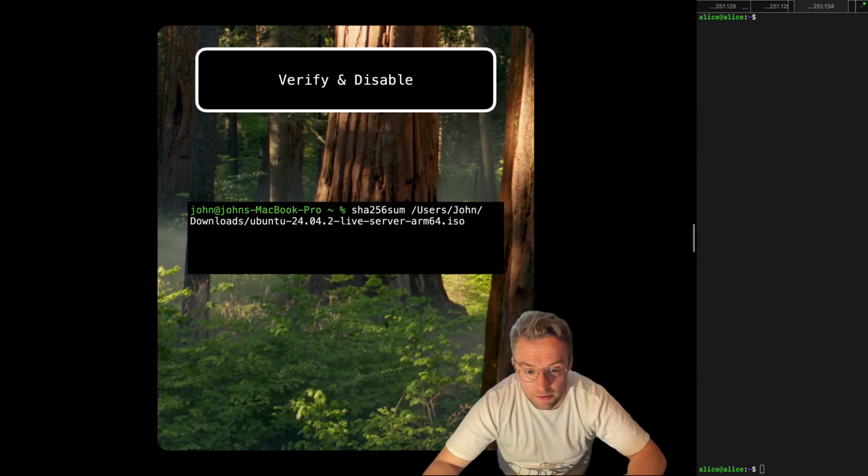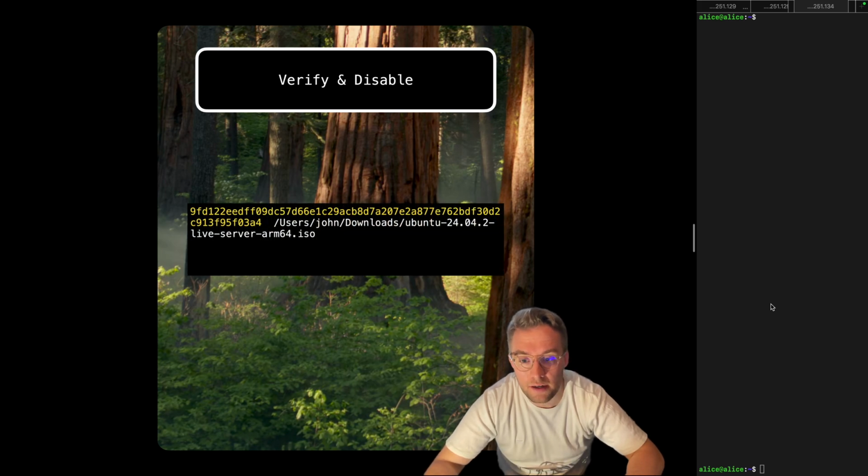First of all, as I've talked about, we want to verify that the installation image that we downloaded is correct. We want to verify that we downloaded the correct version. After downloading it, we can run the sha256sum command, and this will calculate a SHA-256 hash value of the particular ISO image. And why do we need this? Well, we need this because